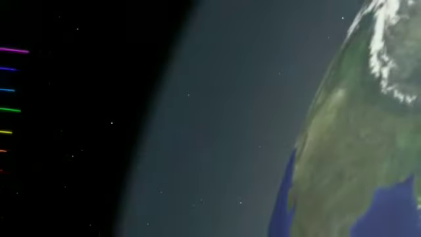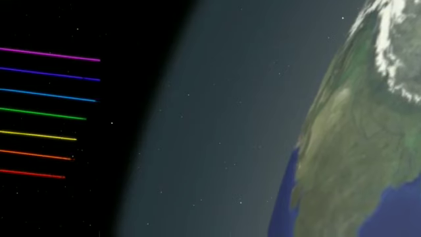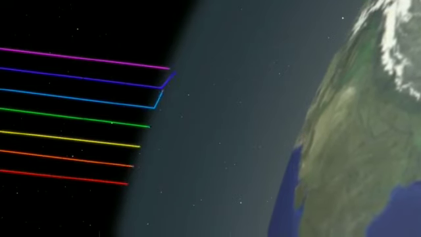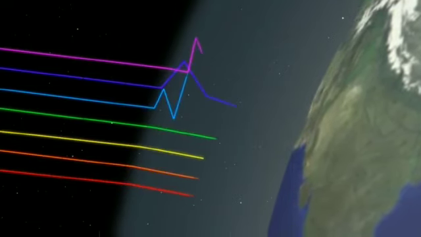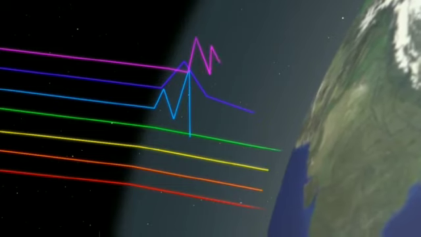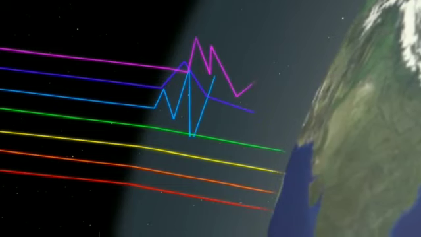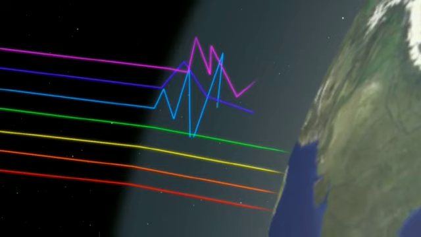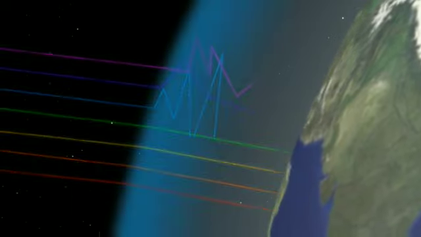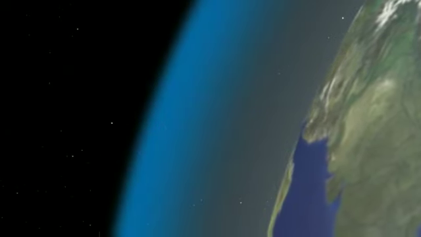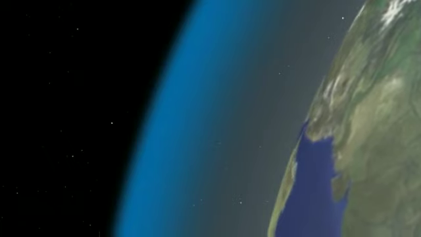The molecules of air and other fine particles present in the atmosphere are much smaller in size than the wavelength of visible light. So when sunlight passes through the atmosphere, the fine particles in air scatter the blue color more strongly than red. The scattered blue light enters our eyes. So the sky appears blue in color.